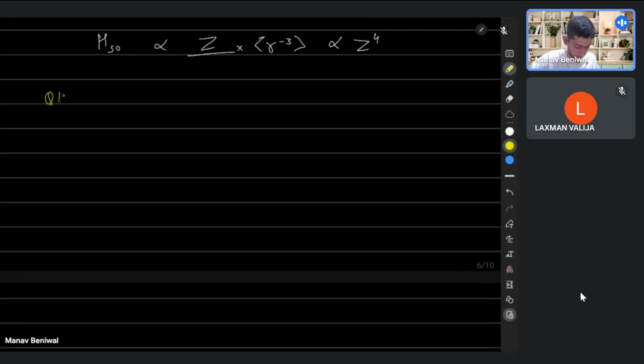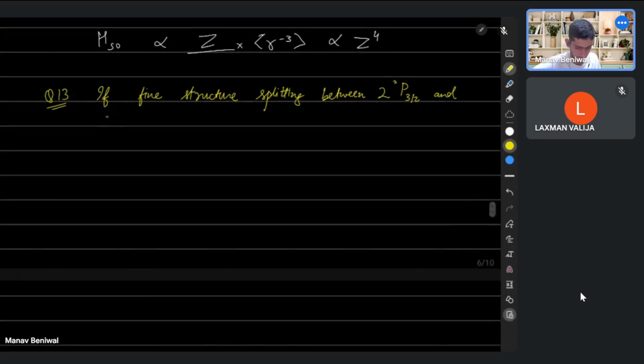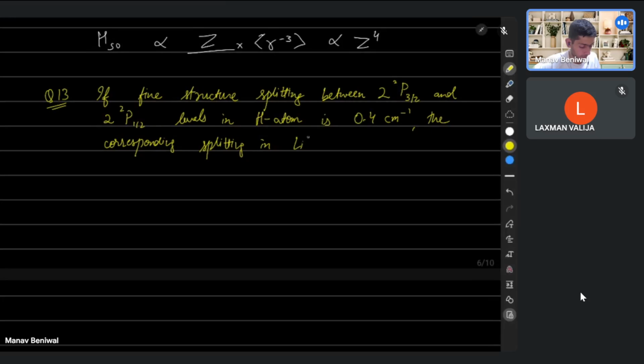So for example, we can solve one problem: if the fine structure splitting between 2p3/2 and 2p1/2 levels in the hydrogen atom is 0.4 per centimeter, the corresponding splitting in Li2+ will approximately be,